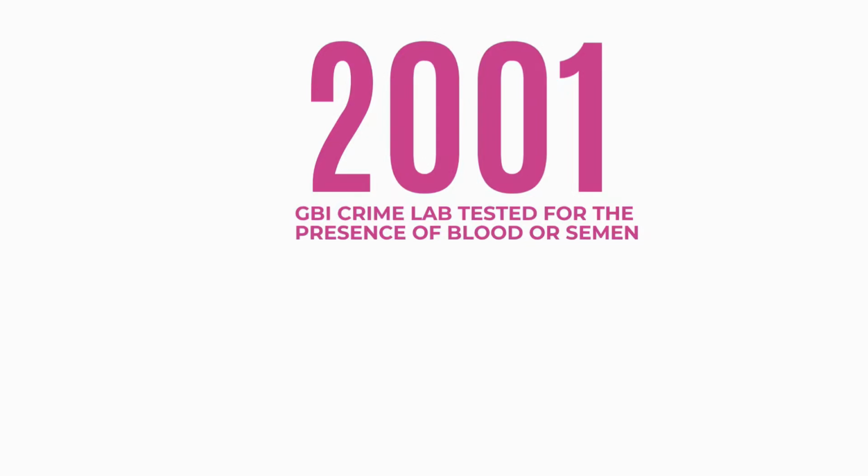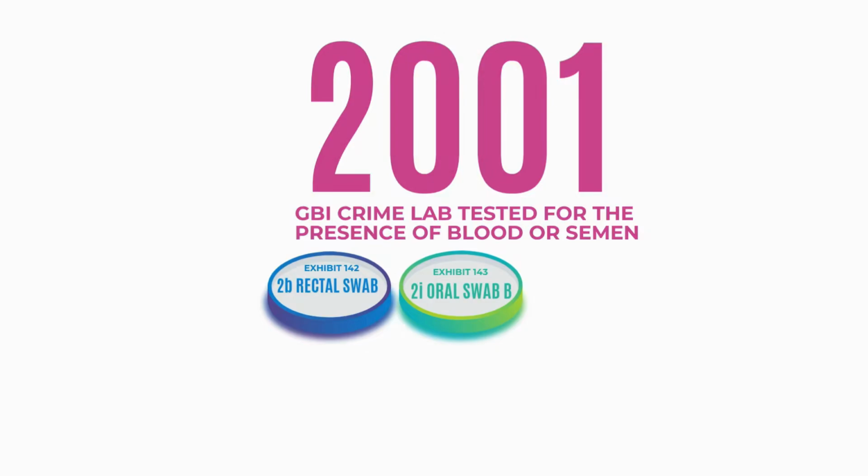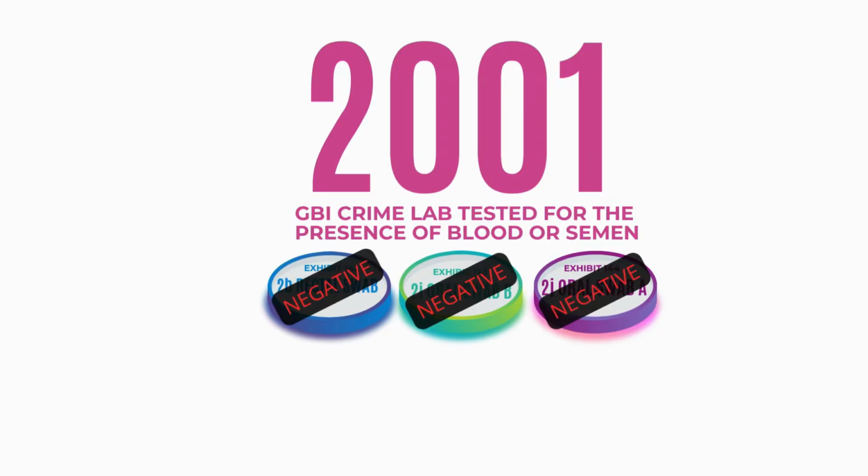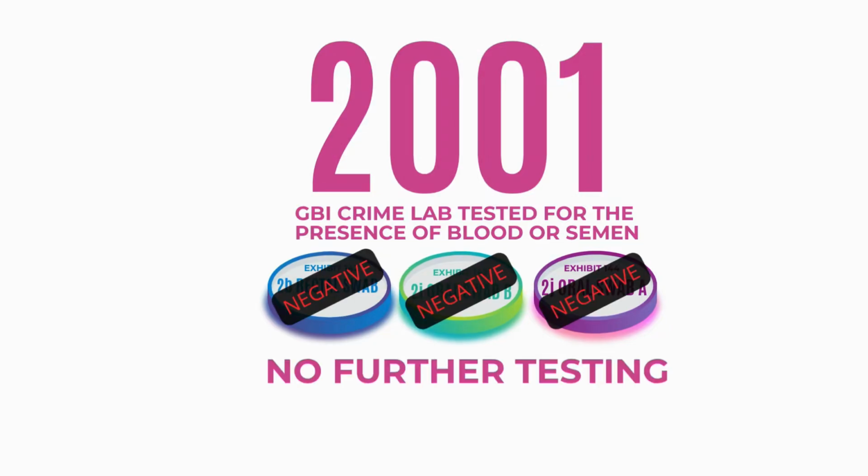An SA kit was collected as part of the autopsy back in 2001. Back then, they only screened for certain types of DNA. The first swab was taken from the rectal area, and that was labelled 2B. The second swab was labelled oral, 2I, and the third swab was labelled 2J. All three of these samples tested negative, so there wasn't any more testing done on the samples, and the case